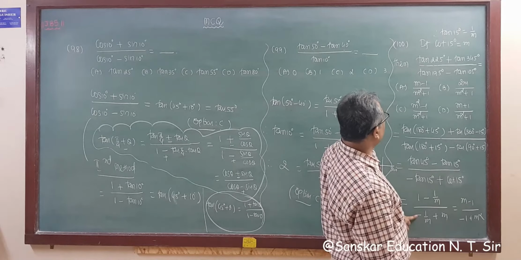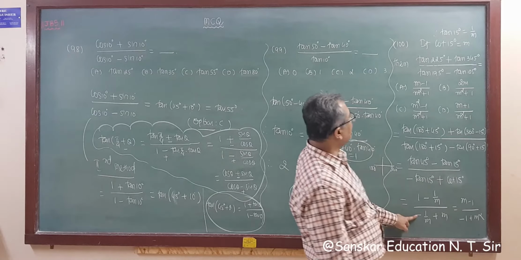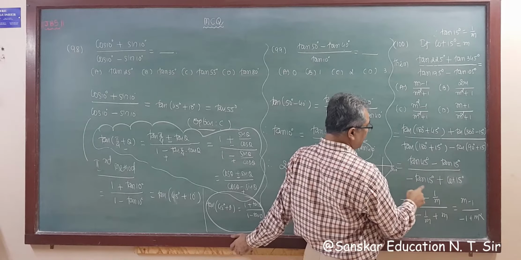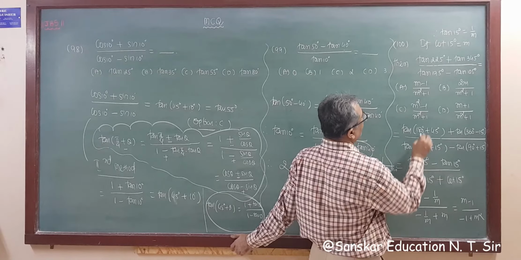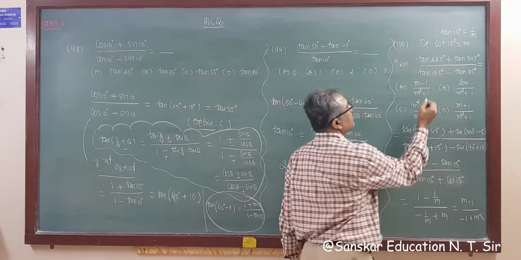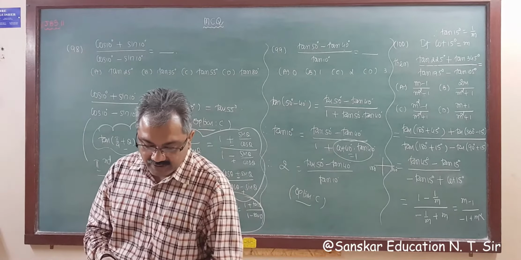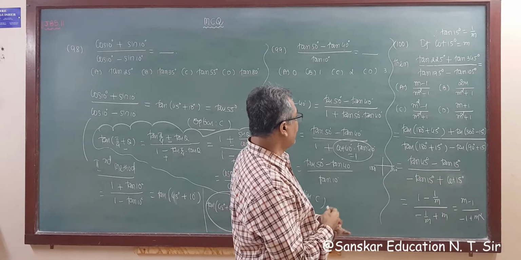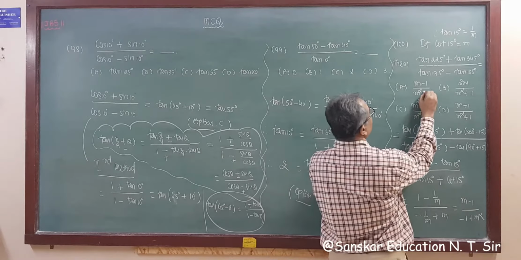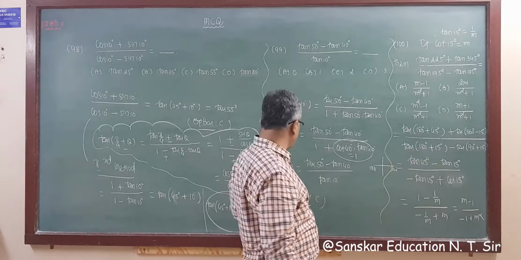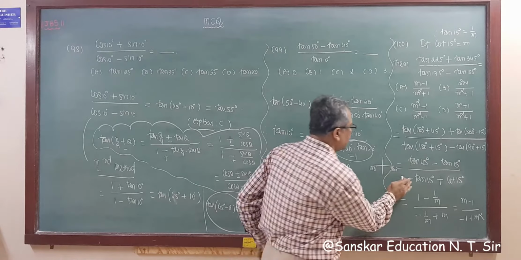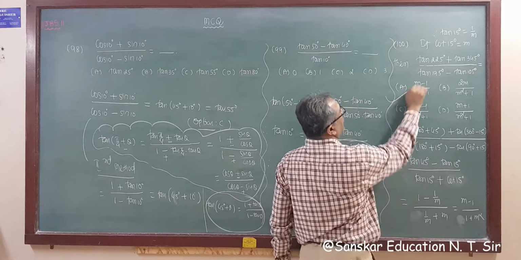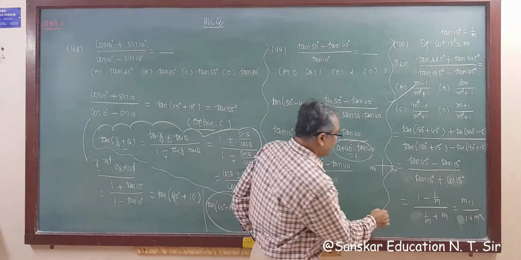m square minus 1. Yeah. What we make a mistake: we write this as minus, but this becomes plus. So this is m minus 1 upon, it should be m square minus 1 is tan 105. Here we make a mistake. So this is 180 plus 15, in the third quadrant tan is positive. So this is plus, this is plus. So this is 1 plus m square. So option A is your correct answer.